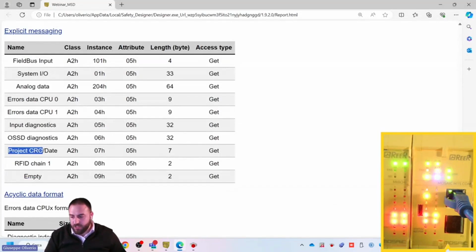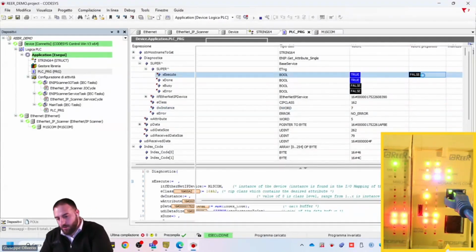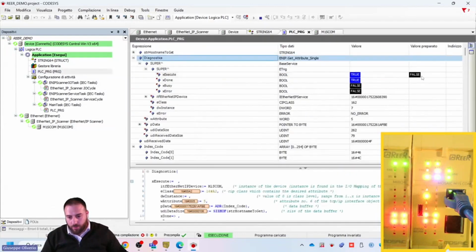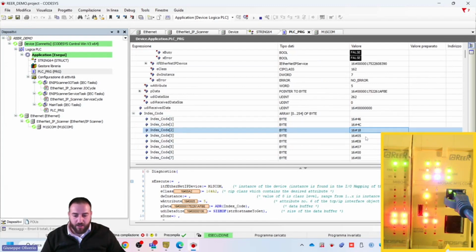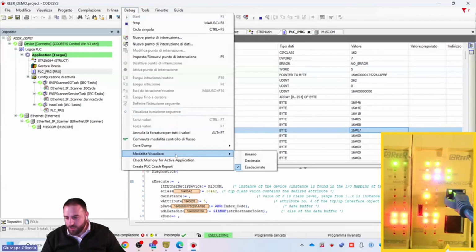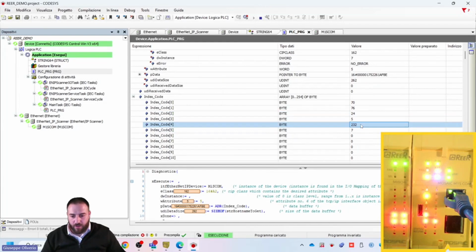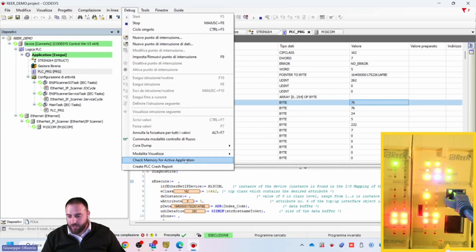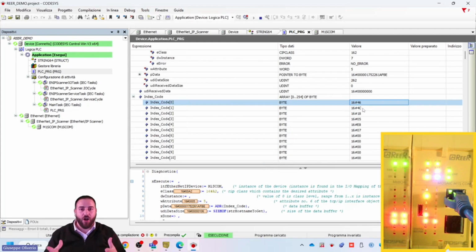I expect to see the CRC, and the date and the source. So if I ask it, look, 46 4C, and then day, month, year. If I change this to decimal, you can see it. 24, 5, it's 2024. But the example here is just to show you that we are able to collect all the information from